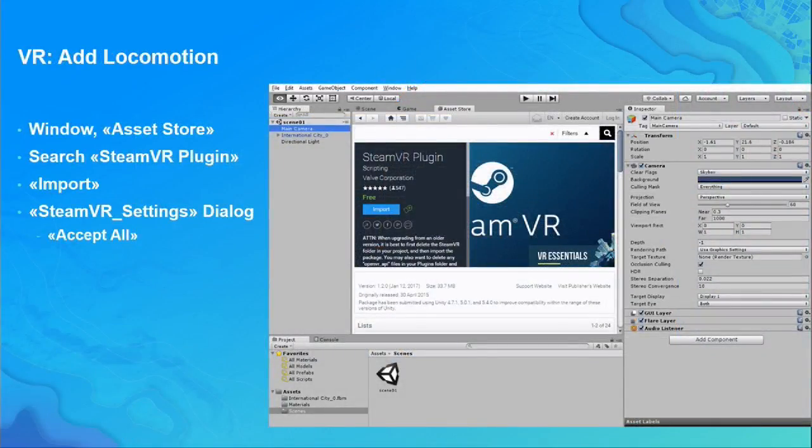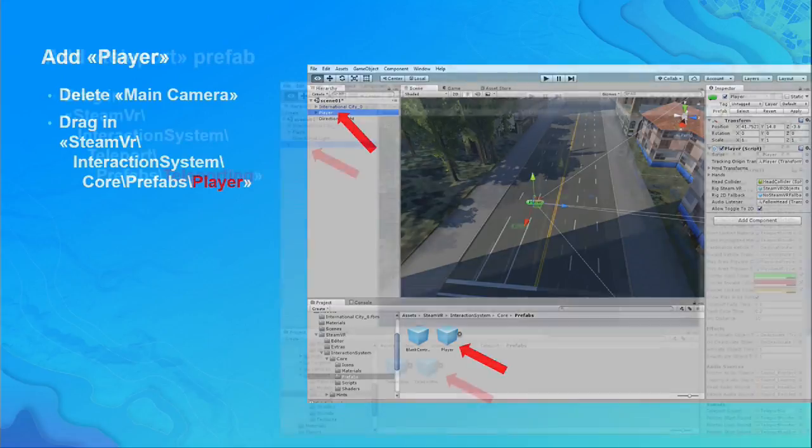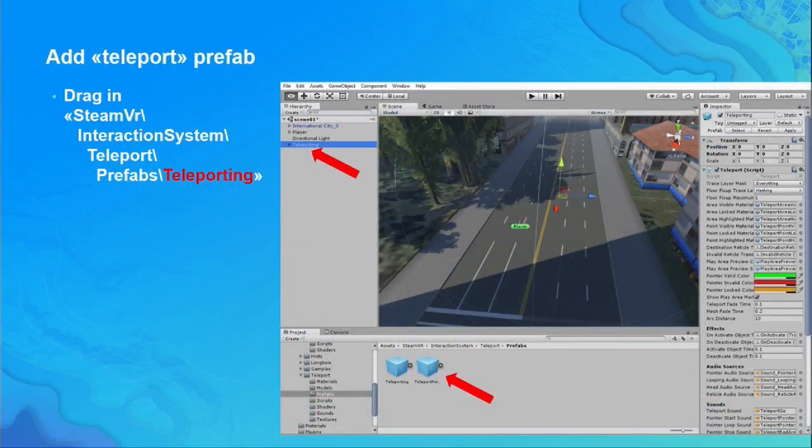So the next step, now that we are in VR, is that you want to add locomotion, and this is a typical thing where Unity is very strong. You can go to the asset store and download the Steam VR plugins, and then with the Steam VR plugins, you first delete the main camera and then basically take the camera from the Steam VR. And once you have that,